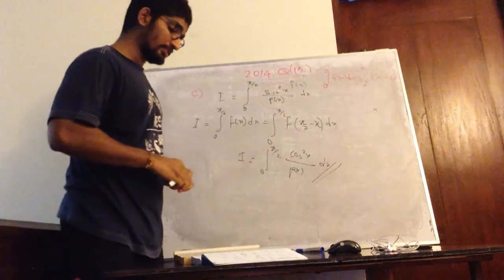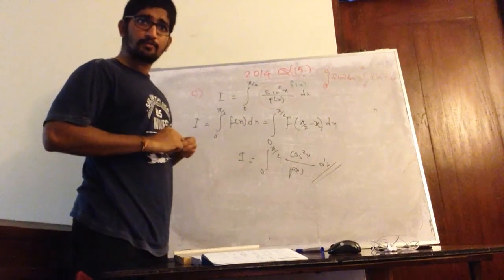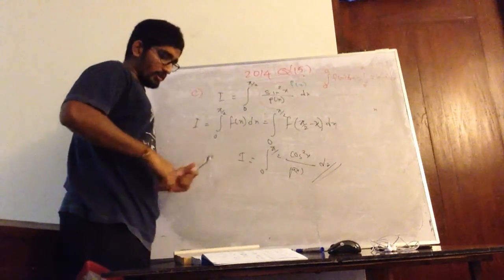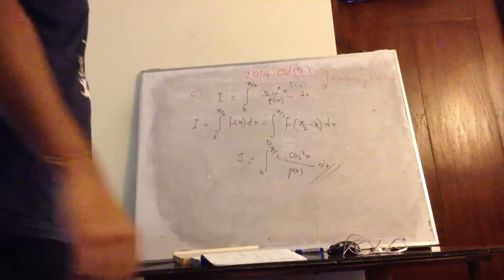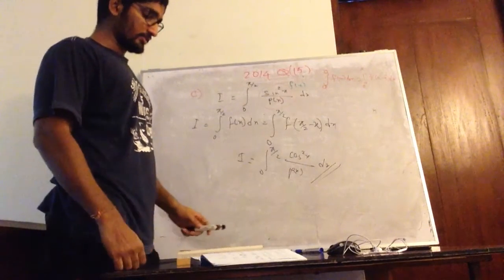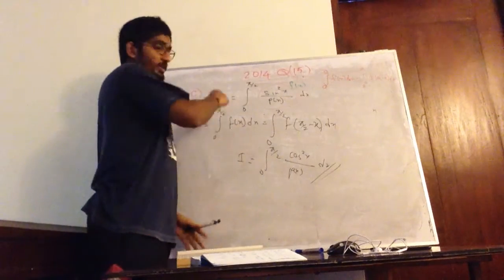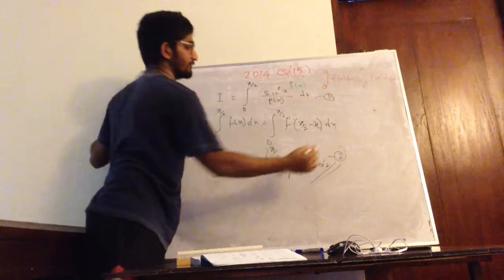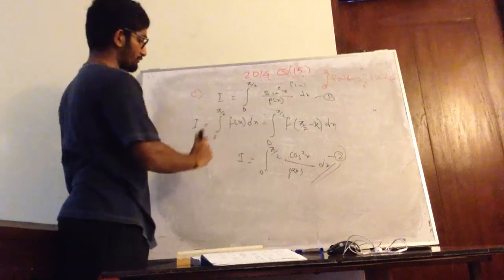So this is what they are asking us to prove. Correct? Right, so write it down. Then they are asking us to show that I equals half of this P(x). Now we have two terms, so we have two expressions for I. So what I am going to do is add these two up.